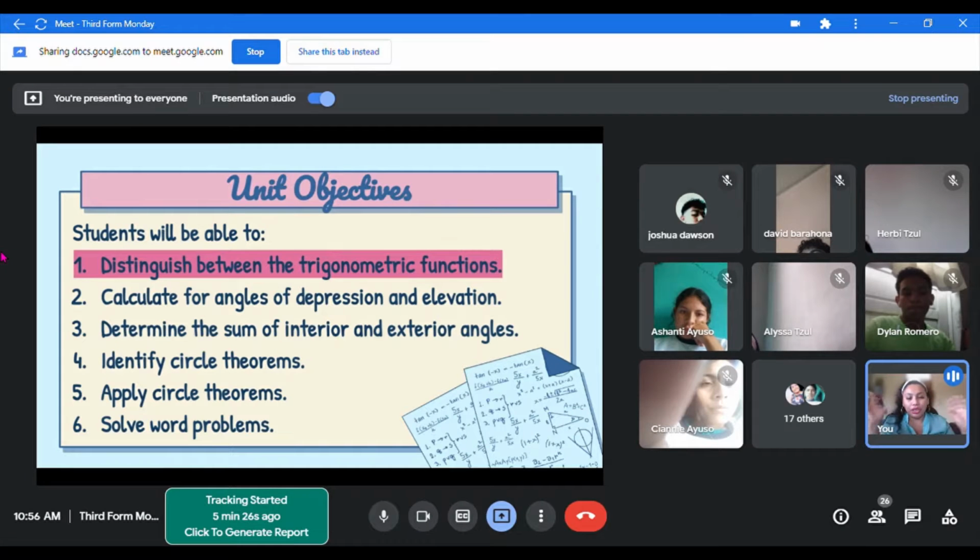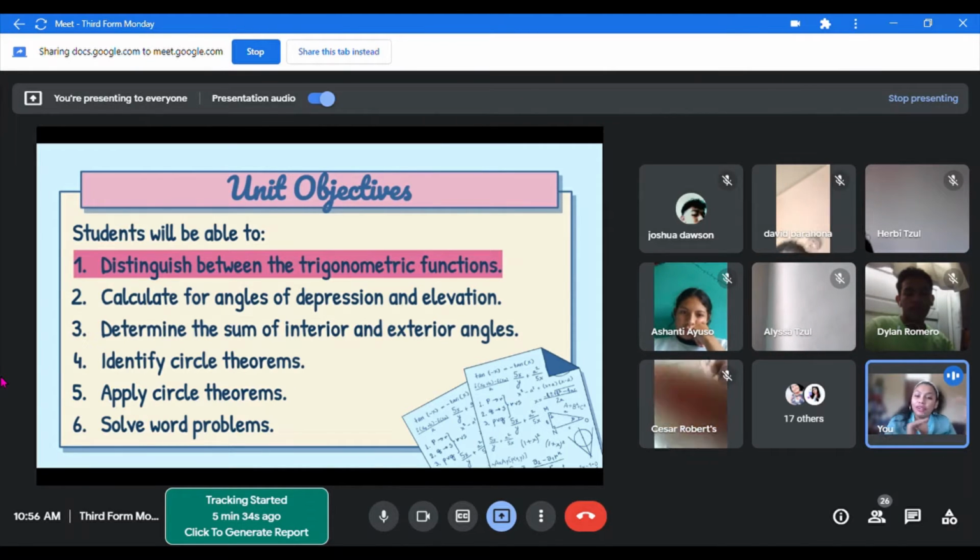Talking about the trigonometric functions, we talked about sine, cosine, tangent. We distinguished between each one of them. I could see that you guys understood the difference. When do we use sine? When do we use cosine? When do we use tangent? And when do we use the inverse of them? So cotangent,